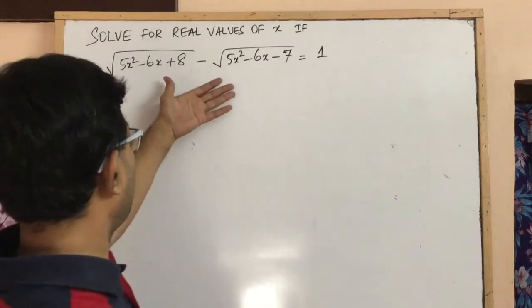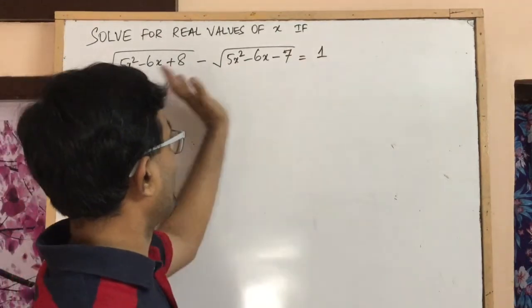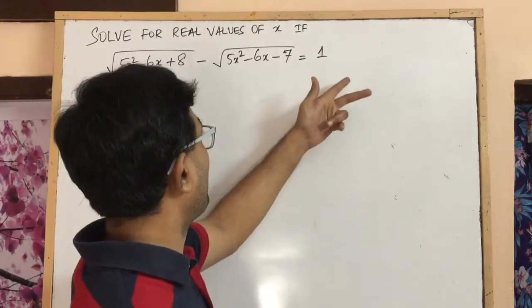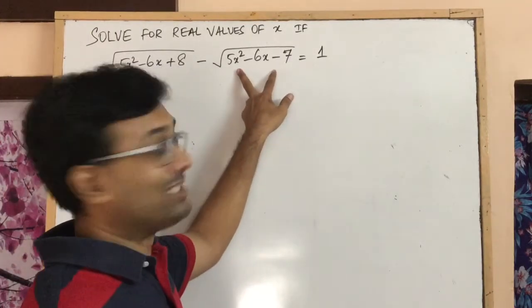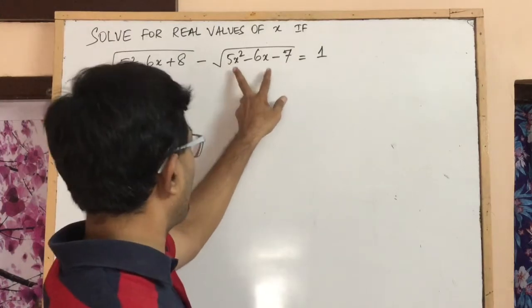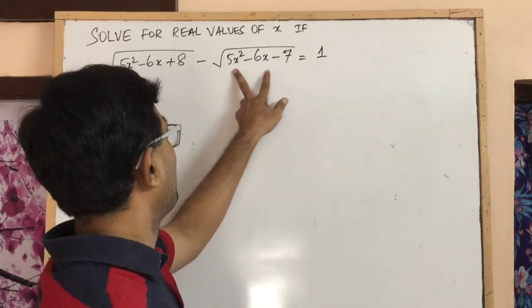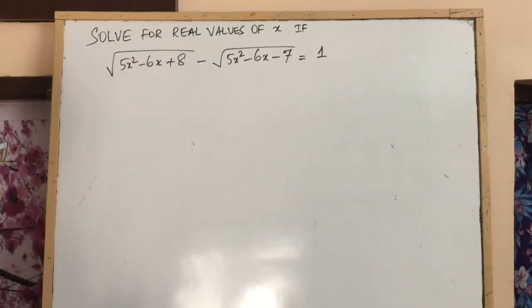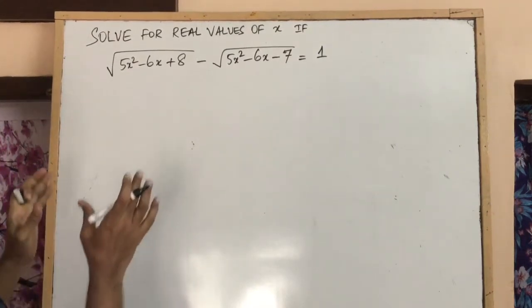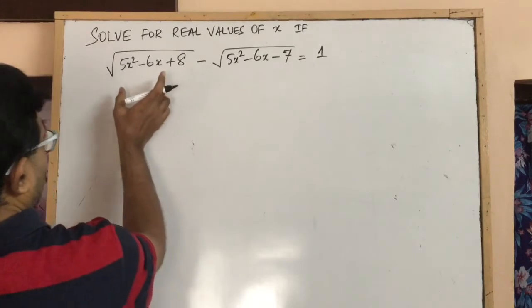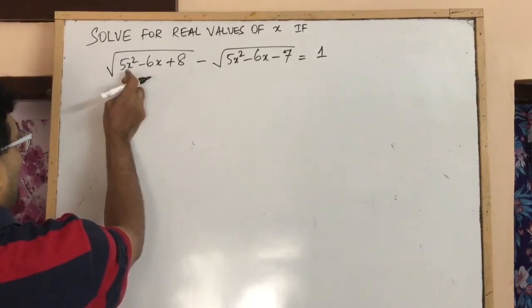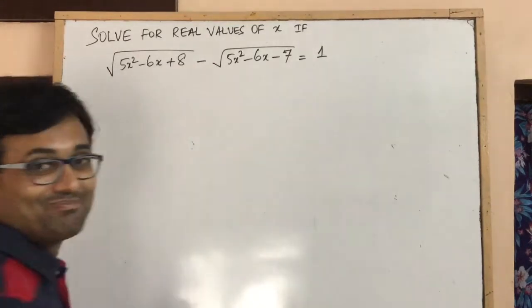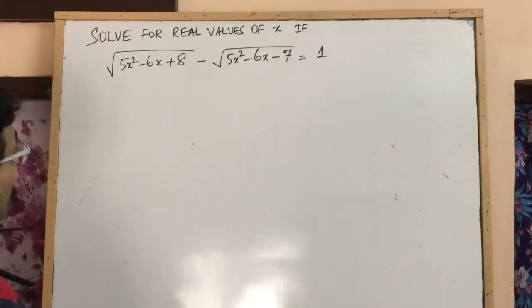Well, if we squared, we could take this to the other side, and when we square, we'd once again be left with the square root of this term again on the right hand side. So that's not going to be so easy. What we would like to focus on here is that the coefficients of x squared and the x term are the same. That's an interesting observation to make.